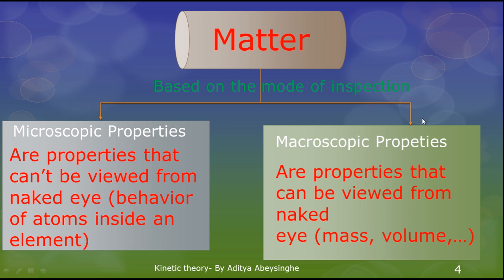So another type of properties is the microscopic properties. Microscopic properties are properties that can't be viewed with the naked eye, because the behavior of microscopic elements, for example the behavior of atoms inside an element, cannot be seen with the naked eye, right? So for the mass to change, or for the volume to change, the atoms inside